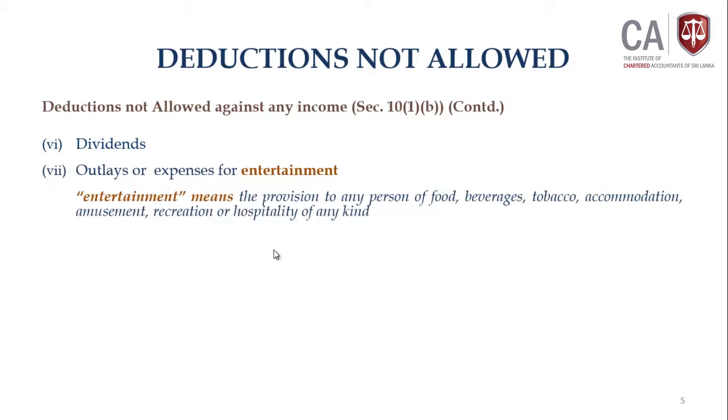When you say food, even basic food looks like entertainment, no? I think an amendment is required. It does not say whether it is in the nature of entertainment or a basic requirement. I believe some amendment is required in the law to modify the definition of entertainment. Anyway,